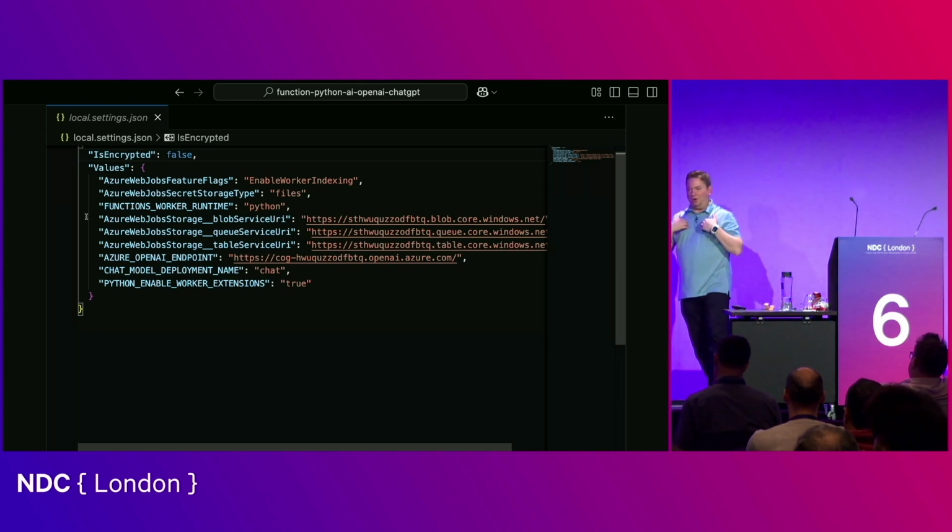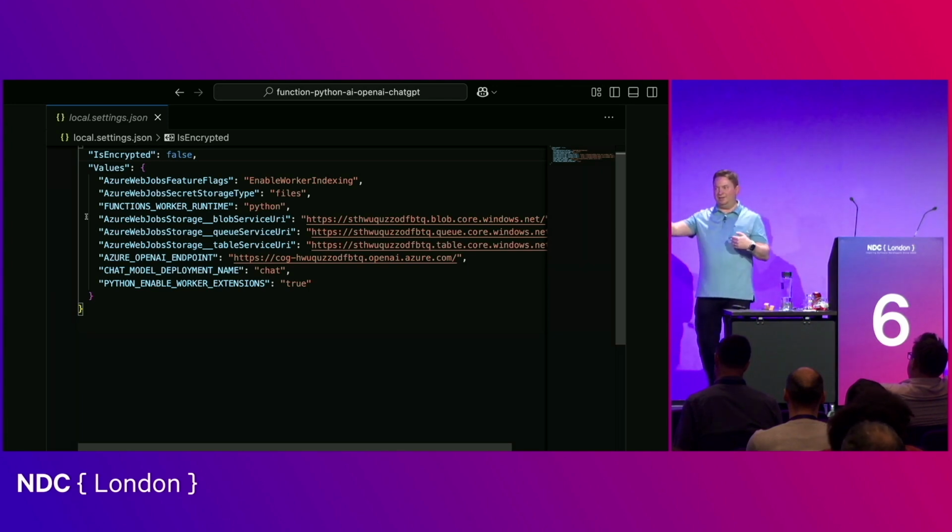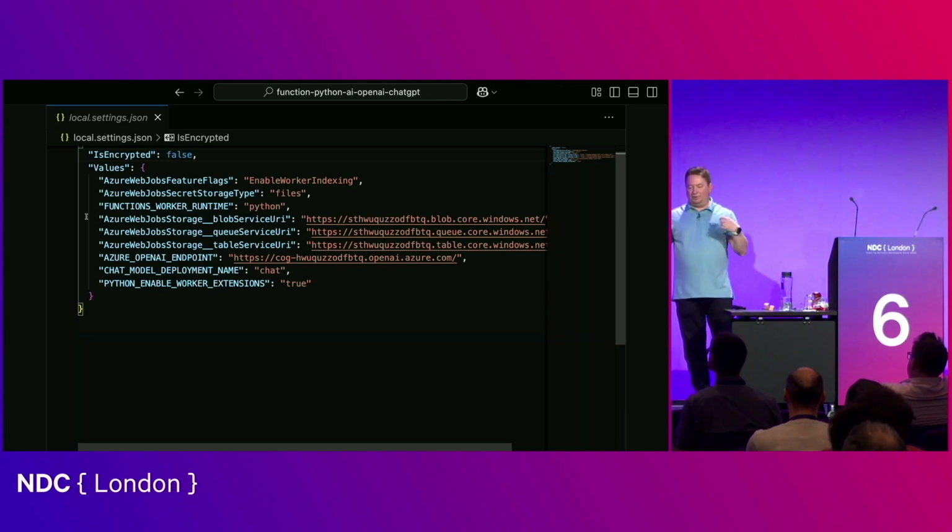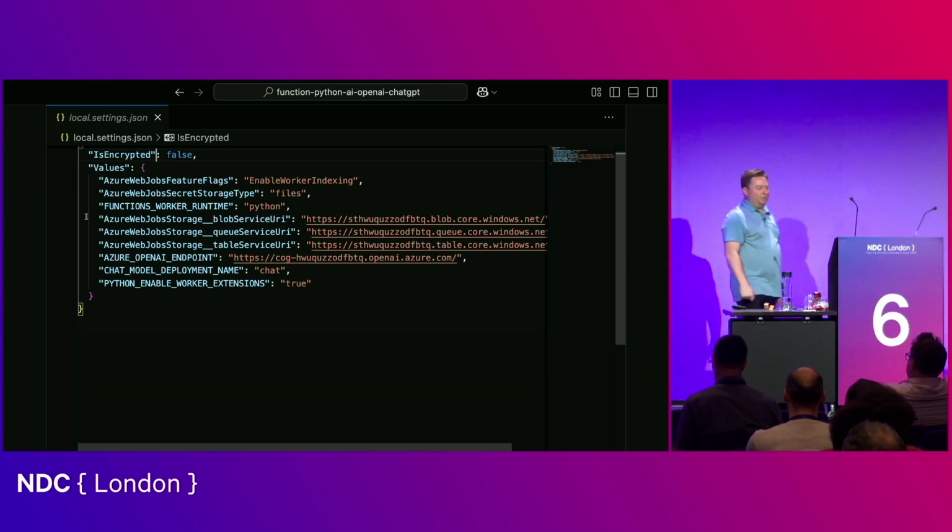In this case, I'm Paul. I'm running on my local machine. So I actually want to run as my interactive login identity, which is paulyuck@microsoft.com. That's an Entra identity that's inside of Entra. So I'm using Paul's identity. I'm not using the function in the cloud's identity to talk to my downstream dependencies.